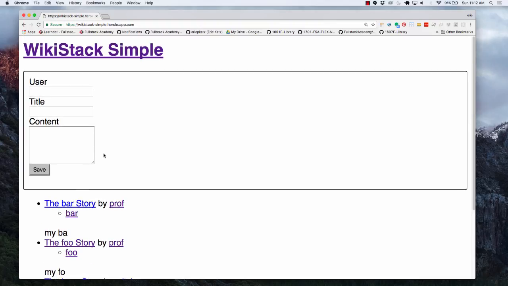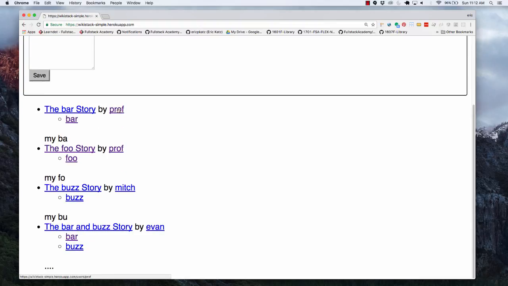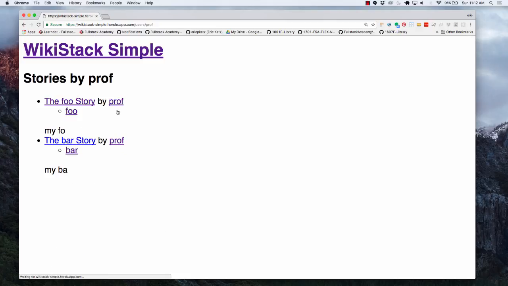So in terms of what our routes are, if you end up clicking on my name, notice the route, it's a RESTful route, users / very often you'll end up doing an ID, but this is sort of a vanity URL where it's actually the name of the user. So this is users prof, and these are all my stories. Notice that I'm only showing part of the story here. It's not a very long story, but when you go to the story itself,